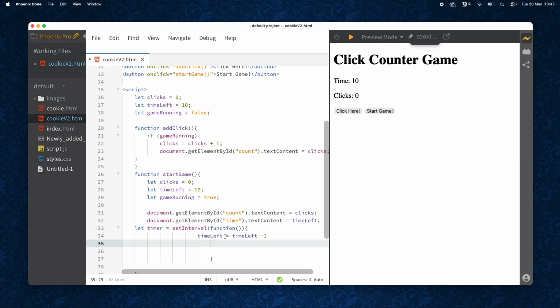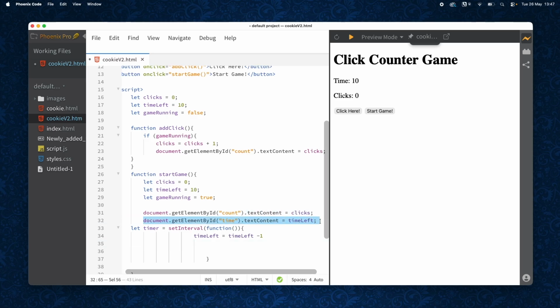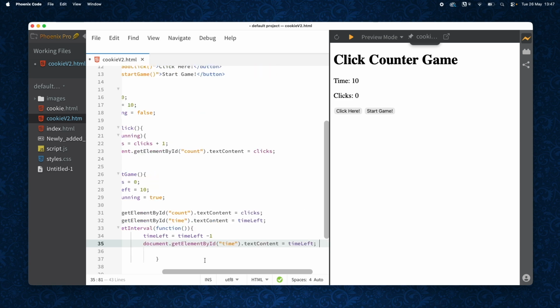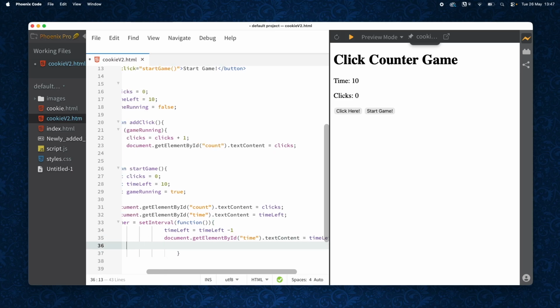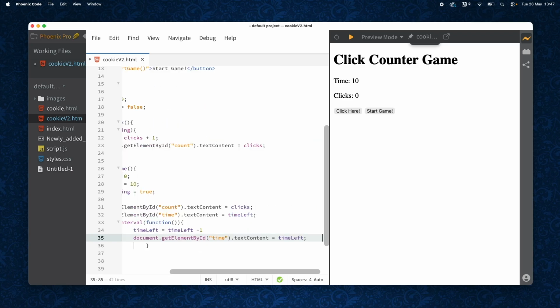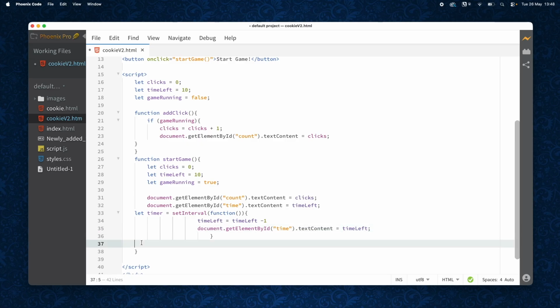Now, then we're going to want to update the time. So let's go to document element update time left. So we want to say, okay, we've reduced the time. So we want to show that we've reduced the time. So we've done that. And then we want to somehow say that if the time left gets to 0, let's do that a little bit differently. Let's put that in. I want to get rid of this so you can see the whole code, right? So let's go to here and let's say,